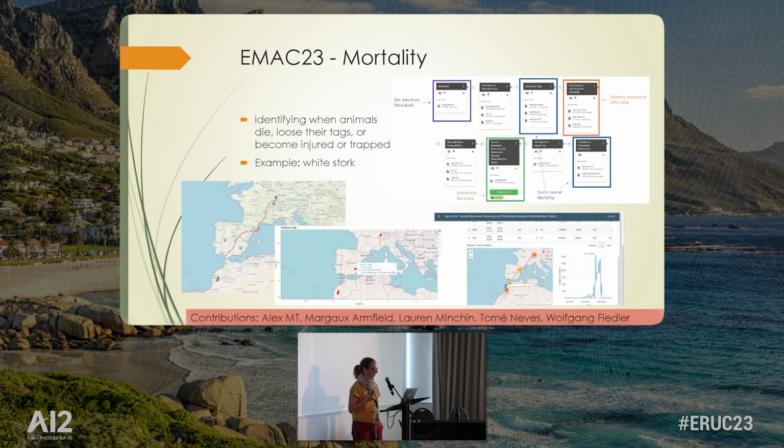Just showing you what has come out for the 4 different use cases. In terms of mortality, this is about identifying when animals die, lose their tag, or become injured. This dataset is an example dataset of white storks that we have gathered in our institute. So what people have done,